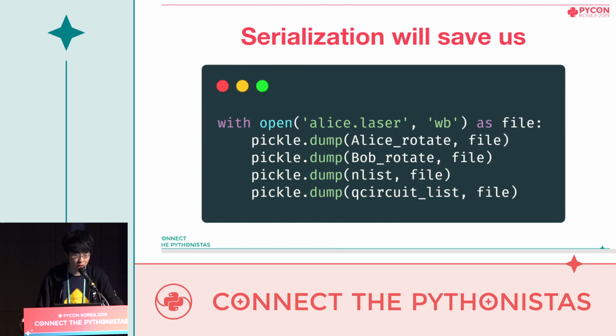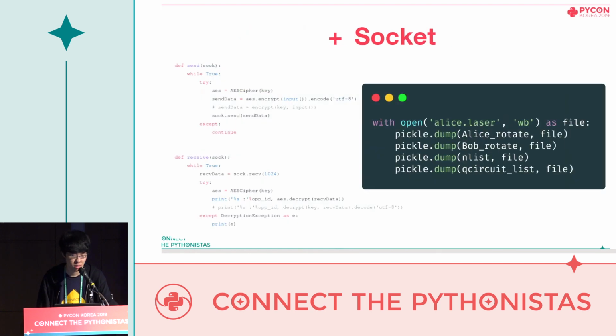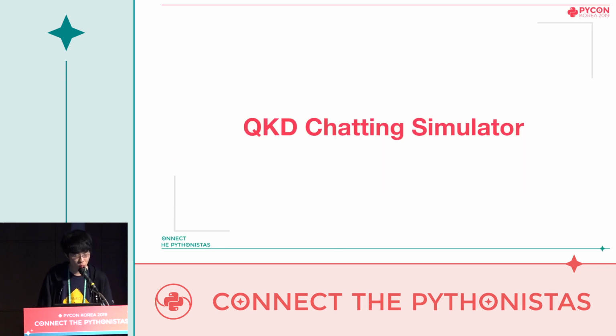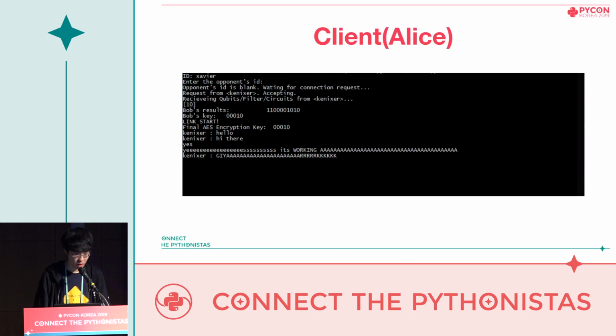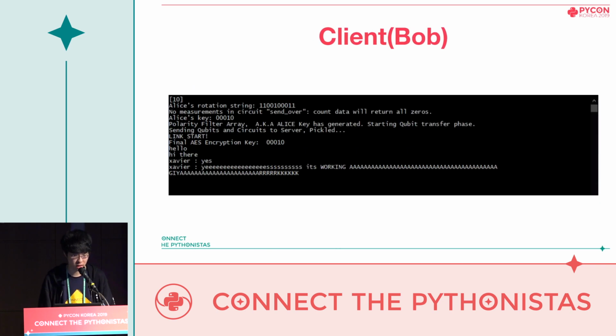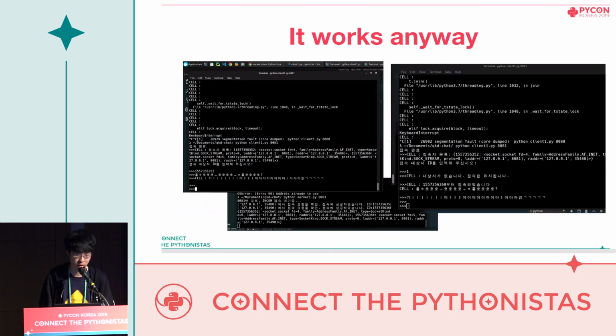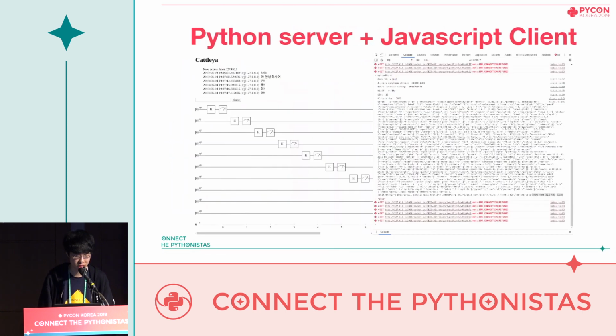And you know, what's the best communication method for this kind of raw text data in Python? It's the socket module. All I had to do was pack this data with Pickle on Alice's computer, write it to a file, and send it to Bob's computer. Well, it wasn't always that easy. While the clients were sharing, sending, and receiving the qubits, I met tons of errors. And since I didn't use sockets in Python very much, debugging them was not that easy. However, ignore the process. We succeeded. This is working. This thing is really cute.